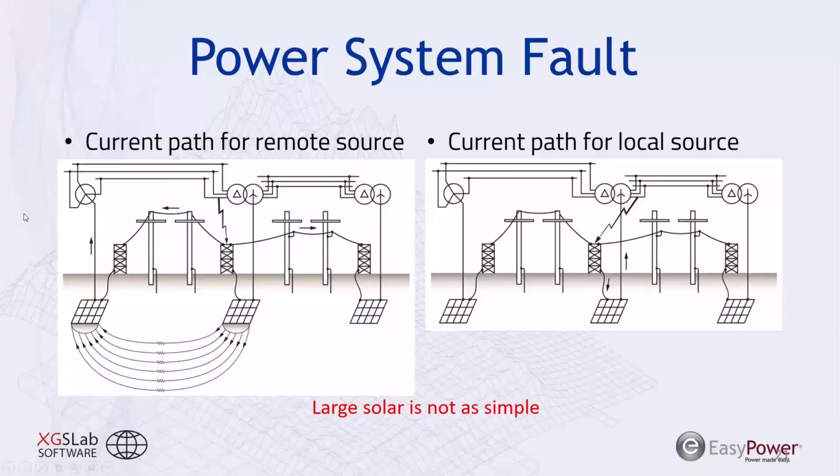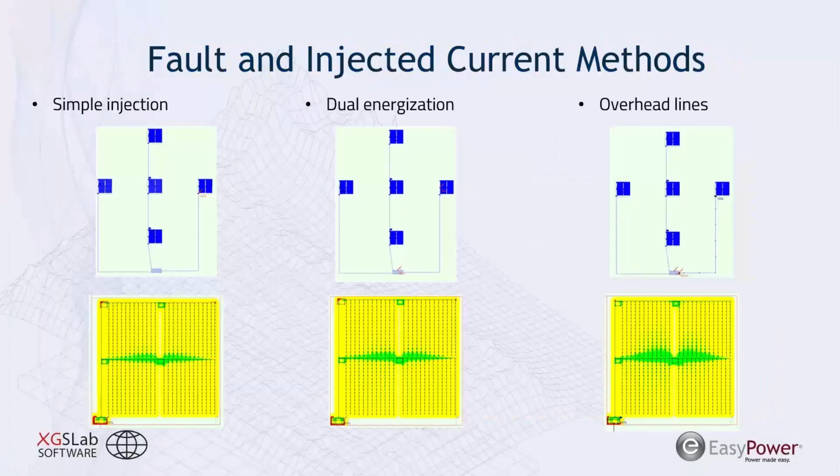So the IEEE Standard 81 is the guide for performing soil resistivity measurements that's associated with doing grounding system analyses. And the depth that your measurements